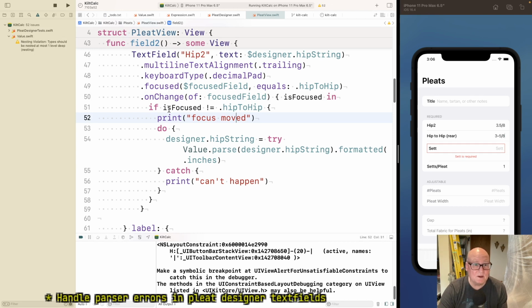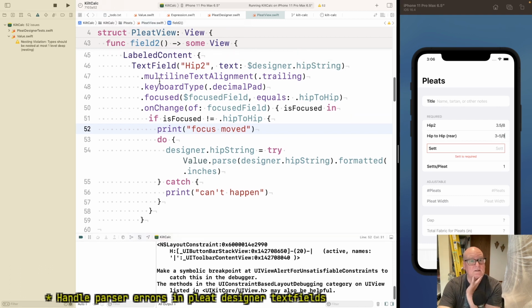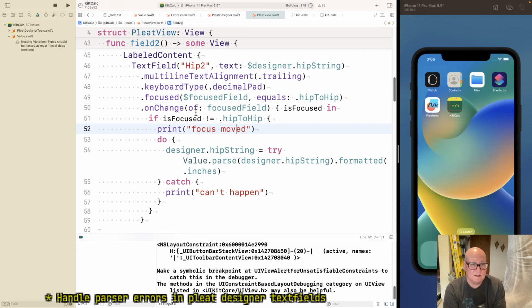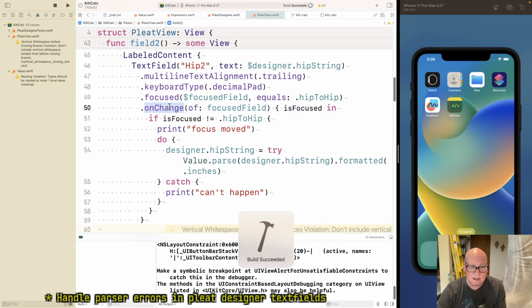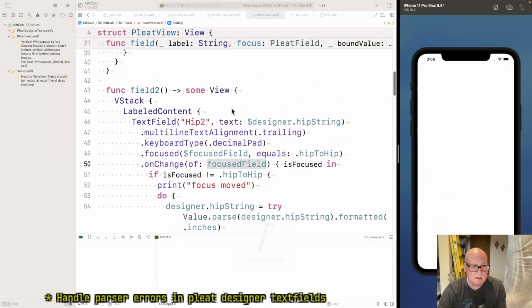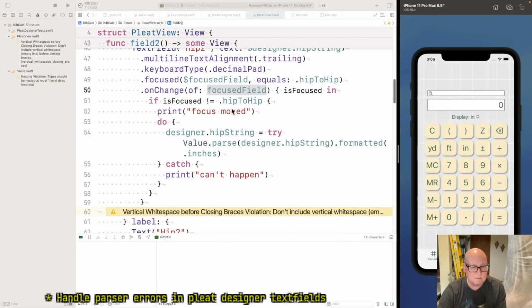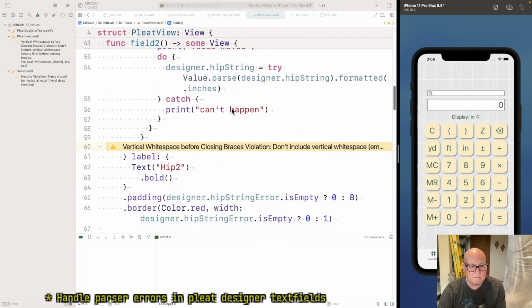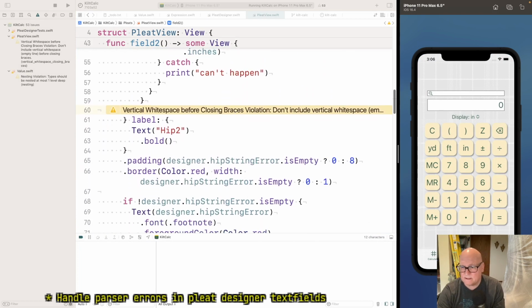So we're going to notice that we're moving away from, so I don't know if this is really right. Okay, let's find out. I feel like this onChange focused field is managed across them. I don't think that's what we want.